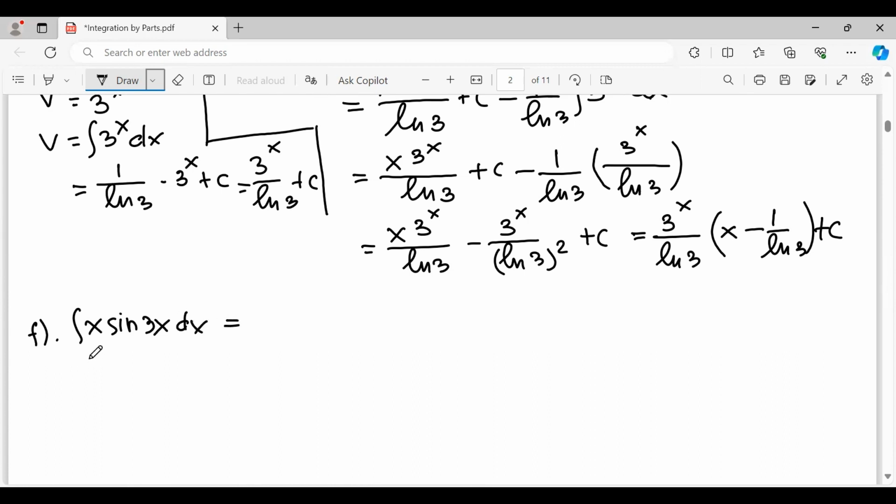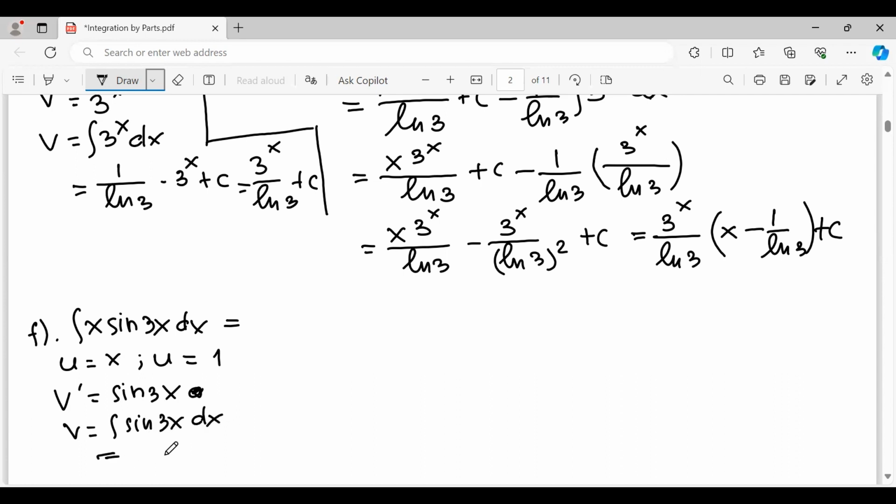x sine 3x. So u equals x, so derivative u equals 1. Derivative phi equals sine 3x dx. So phi equals the integral of sine 3x dx, which is minus 1/3 cosine 3x. So based on the formula u times phi,